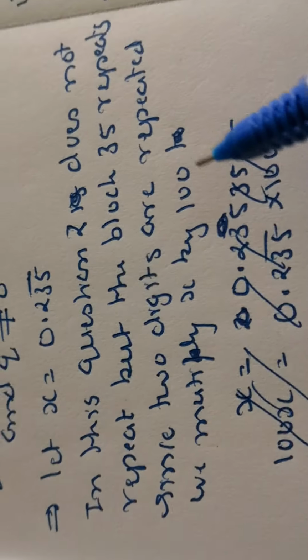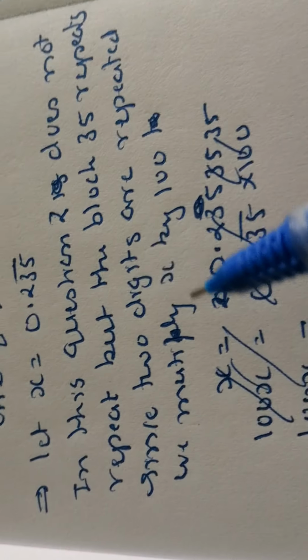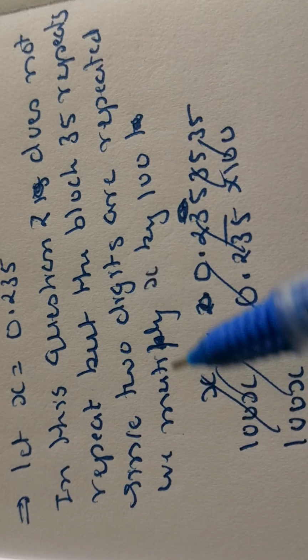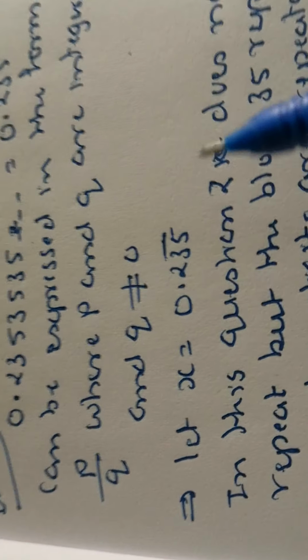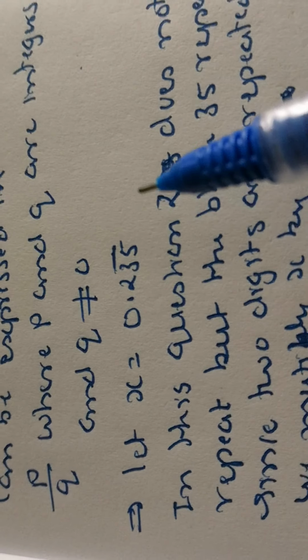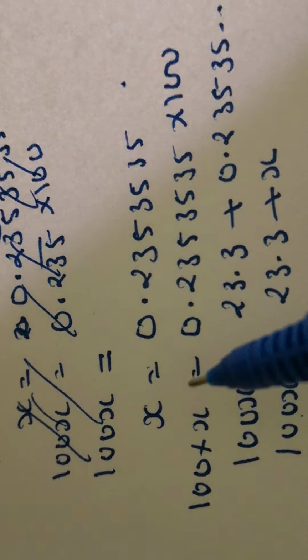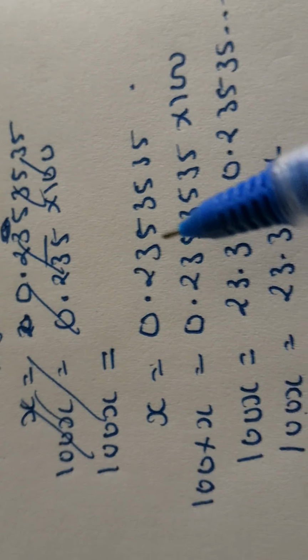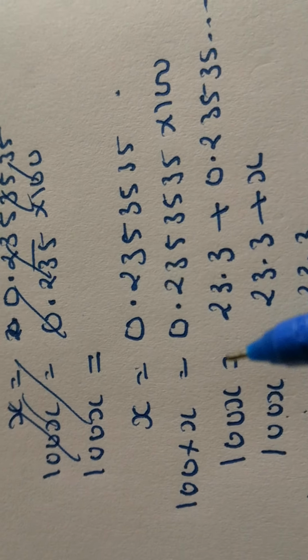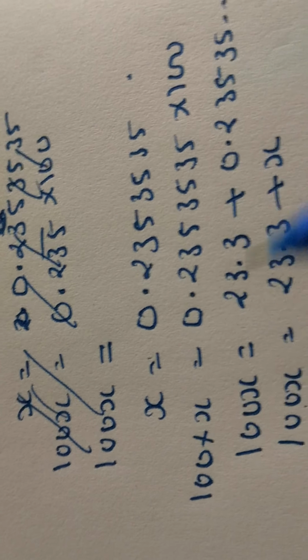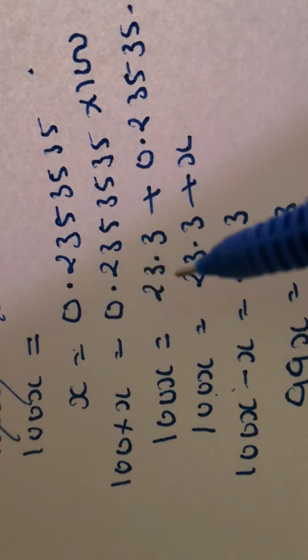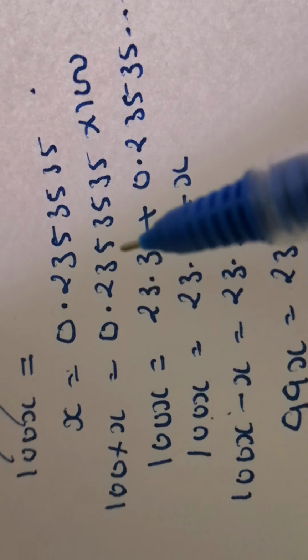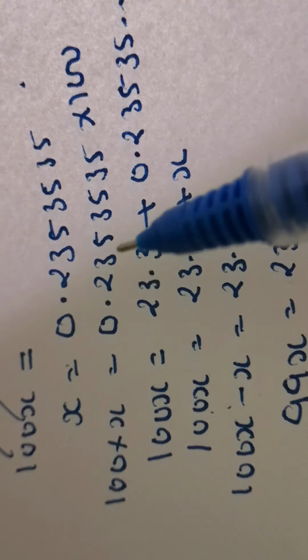So in this question 2 does not repeat, but the block 35 repeats. Since 2 digits are repeated, we multiply by 100, because 2 is not repeating, only 35 is going on repeating. So first of all, let x is equal to 0.2353535, multiplying both the sides by 100 as 35 is going on repeating. So 100x is equal to, shifting 2 decimal points on the right hand side, it is going to become